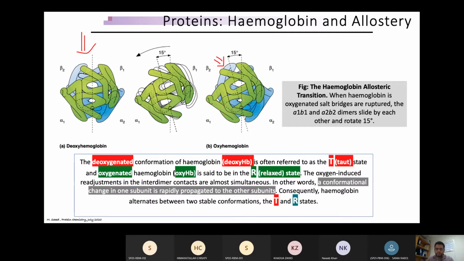Okay, so this is called allosteric change, and this allosteric change is very important because it has changed the overall conformation of the protein. This is the ligand binding, and this ligand binding of the protein is important when you talk about hemoglobin, because of what happens in our lungs, where the oxygen pressure is quite high.